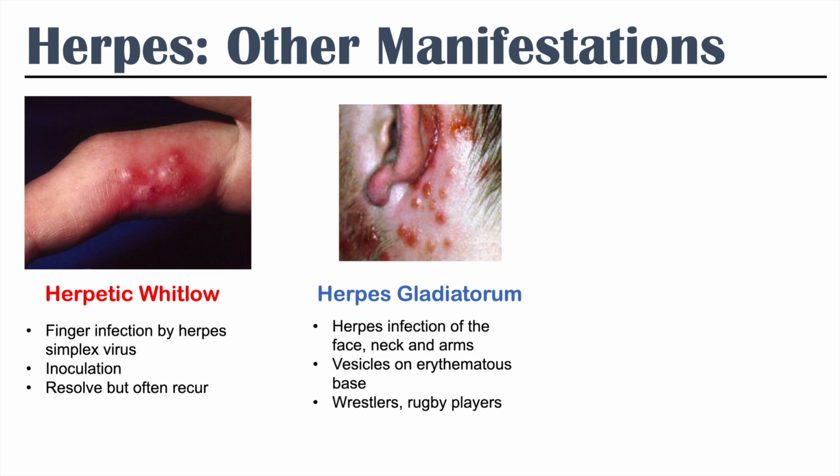So one person might have an eruption of herpes and they're in physical contact with someone else. They can actually pass it on to another individual in a different location. Perhaps they struck them in the face, or they had a very close contact with someone with herpes up against an area of the face or neck or arm, and that can lead to what we call herpes gladiatorum. And again, this is all due to skin-to-skin contact. So people in physical sports like wrestling, rugby, can all get